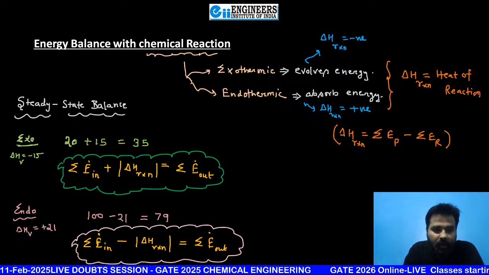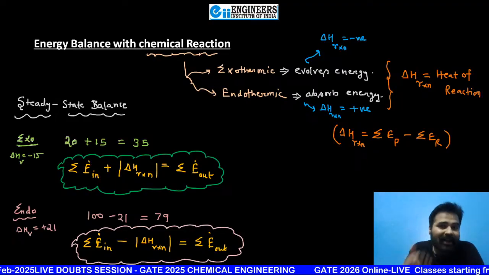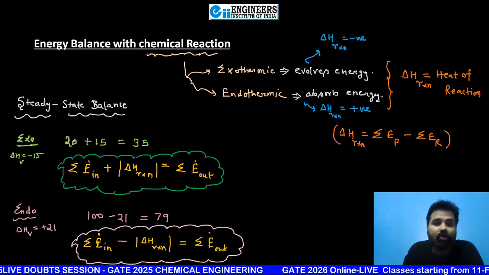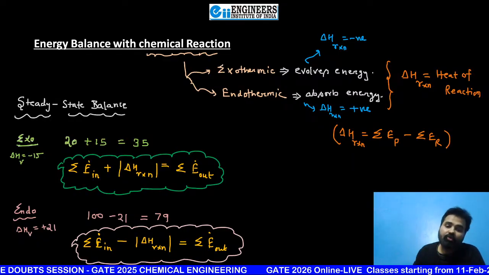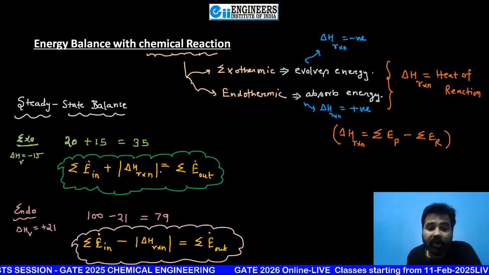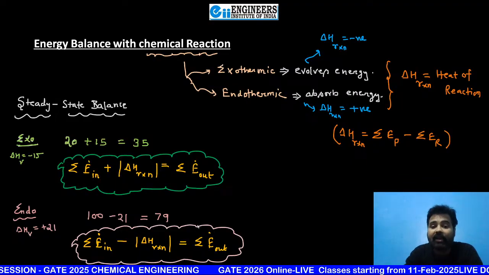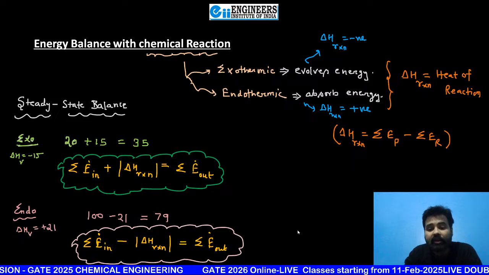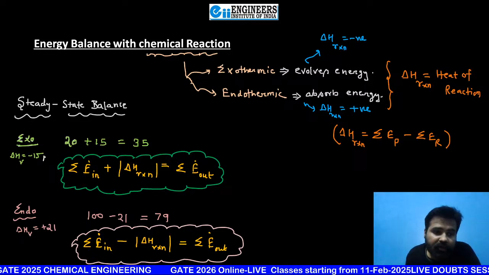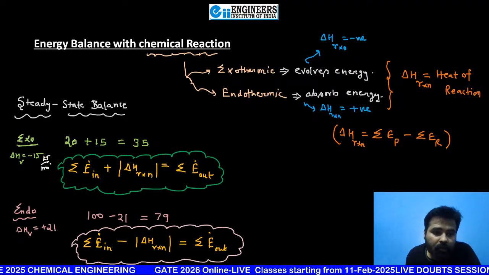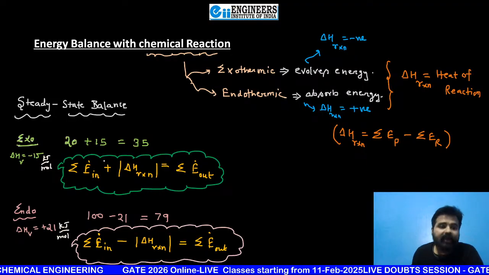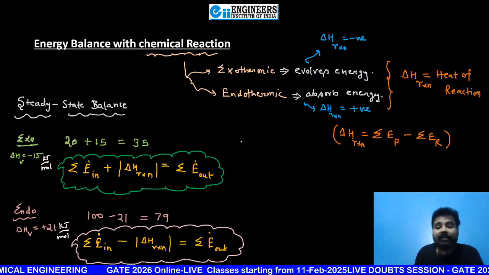So in your reaction, if 20 moles are going to react, then don't forget to multiply here by that number of moles. Heat of reaction, suppose this is 15 kilojoule per mole, here suppose this is 21 kilojoule per mole, and suppose I am telling you that n